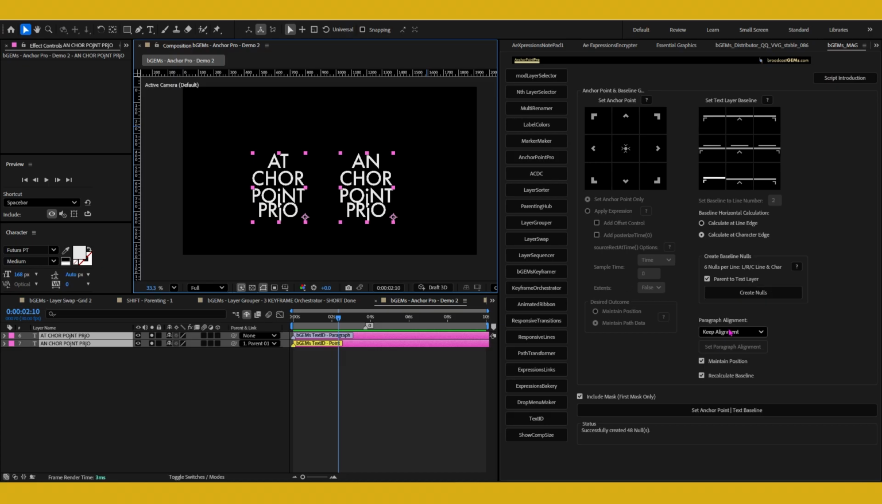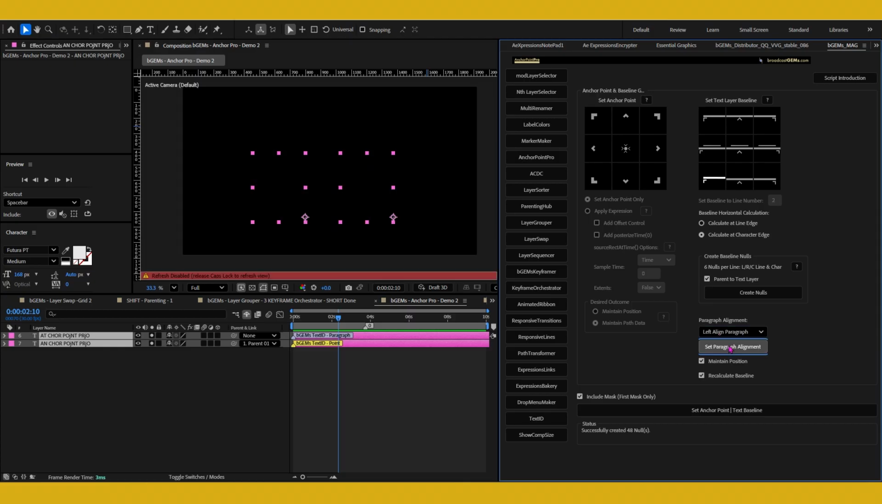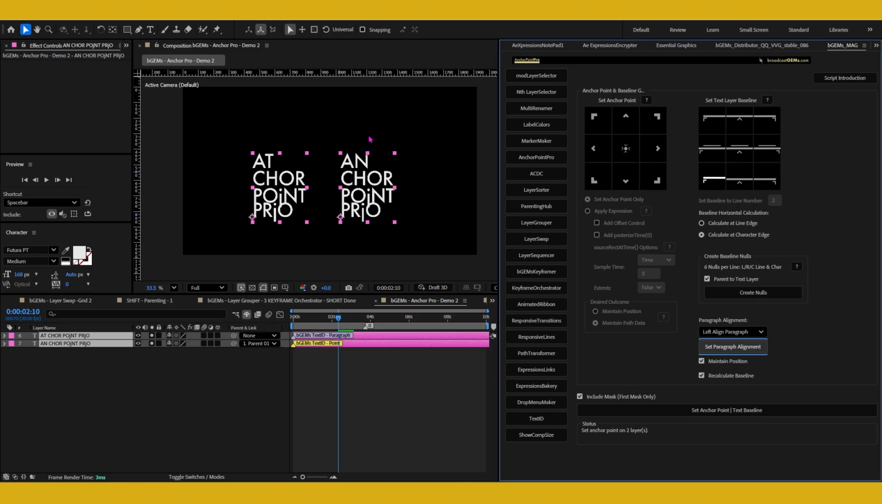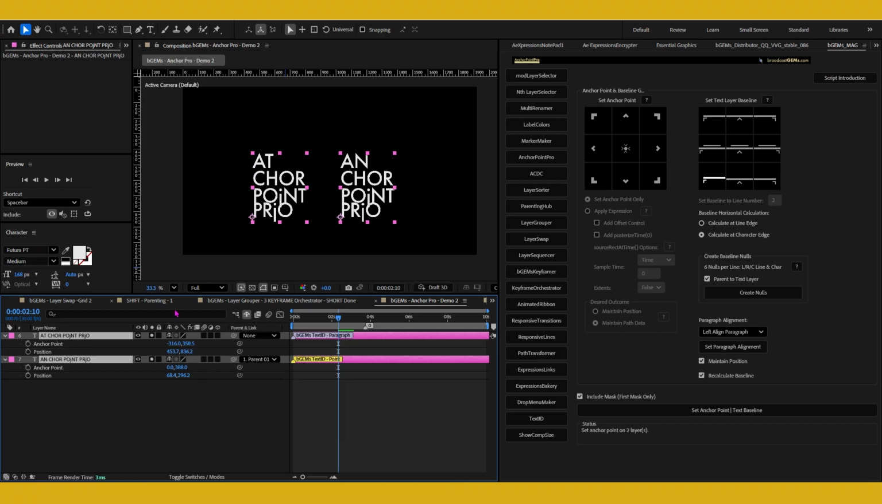Okay, next we'll look at paragraph alignment. It's centered, aligned, or justified now. So let's click here, set paragraph alignment to left align. There you go. As you notice, nothing changes and there are no expressions applied. Everything is done within the script